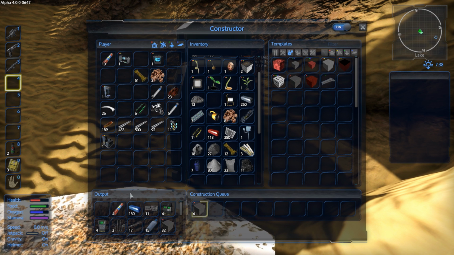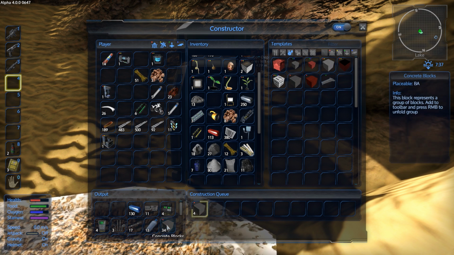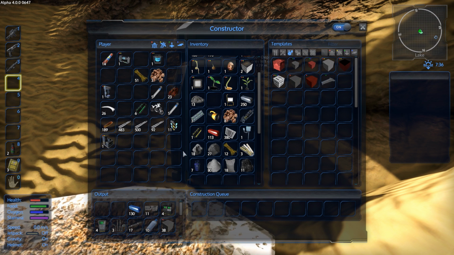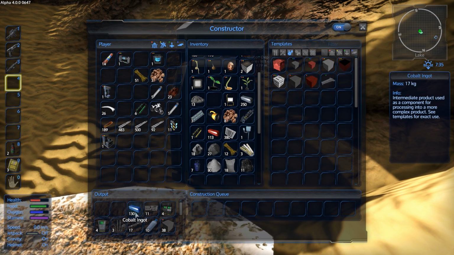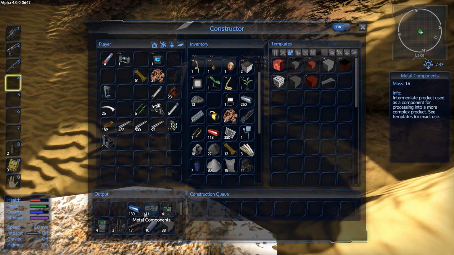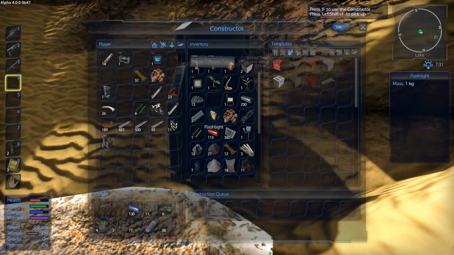I kind of like this little output slot here, although I wish it was bigger. This output slot also counts as your inventory. So if there's stuff in here that you need, you don't have to put it into the inventory. It'll take it right out of the output slots. I'm not really sure what the point of the output slots are, to be honest. Maybe I'm just missing something, but